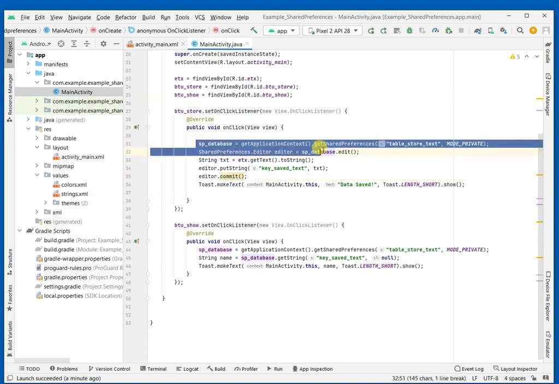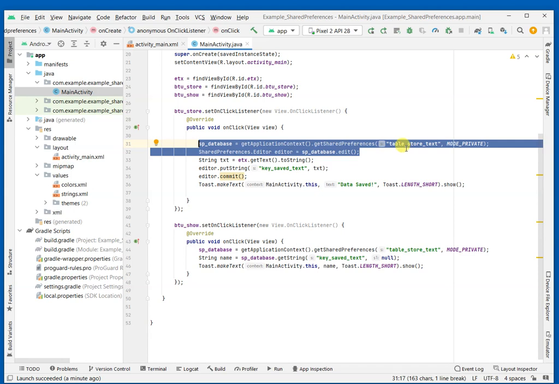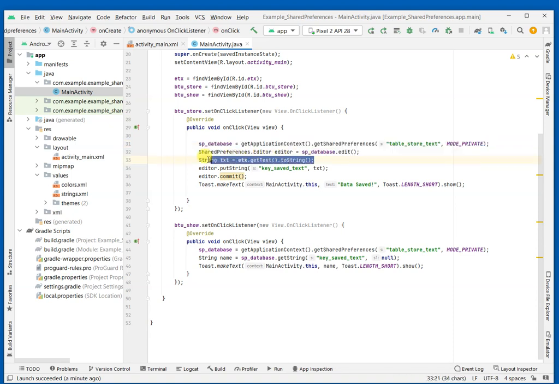So this line here is creating a kind of a database or a shared preference called SP database in a table called table underscore store text. That's what I've done. And basically it's ready to be edited. Now, if this doesn't exist when it does this lookup, it creates it. And if it does exist, then it just uses it. Then the next thing I do is I grab the string